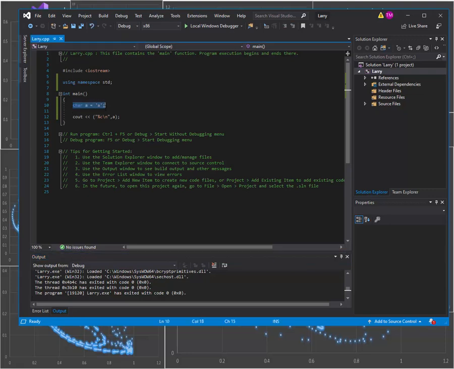Now, maybe I don't want to print a character variable. Maybe I don't want or don't need a character variable. Let's try an integer variable. So int A, and let's give it a value. I'll just give it the value 2. Why not? Again, end with a semicolon. But now down here, I'm telling it I want to print a character variable. That's not what I want to do anymore. So instead of %c, %i,